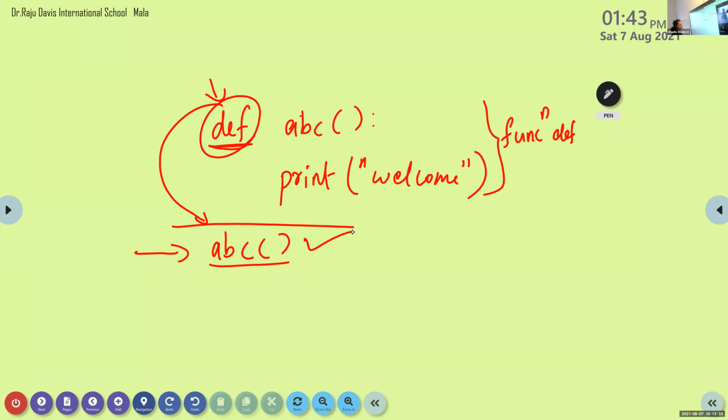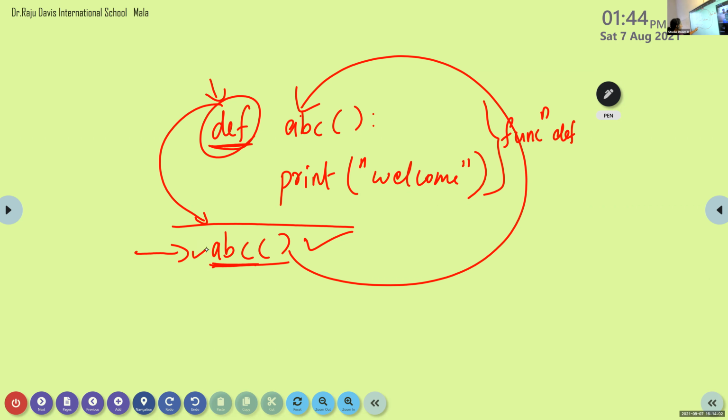Function call statement means that after executing this statement, ABC is the function name, so the interpreter checks where this ABC is. The control moves to the function definition of ABC. So ABC with empty brackets is the first statement executed.